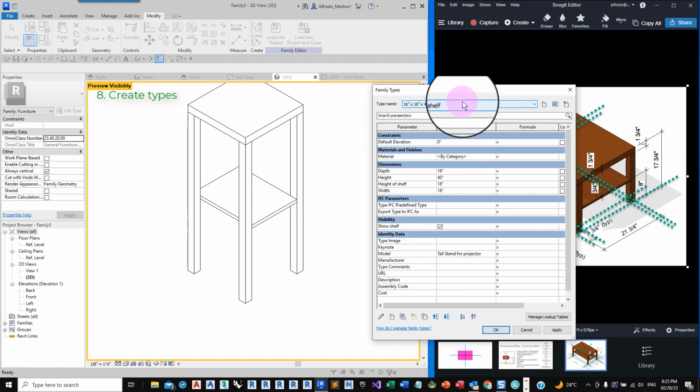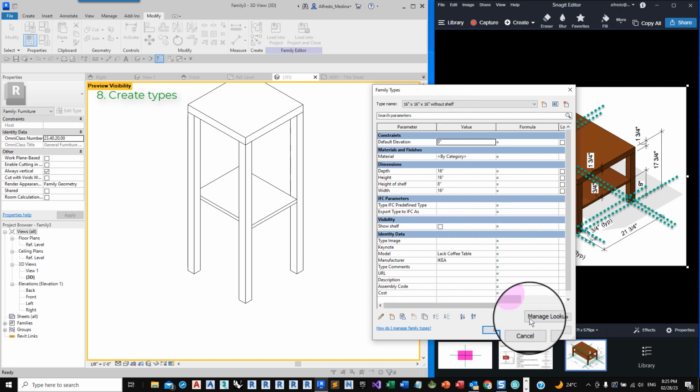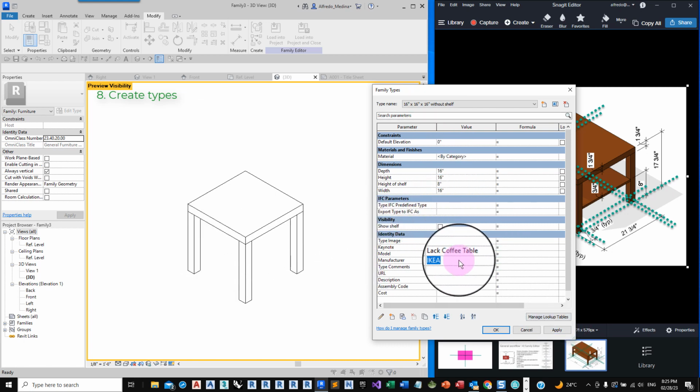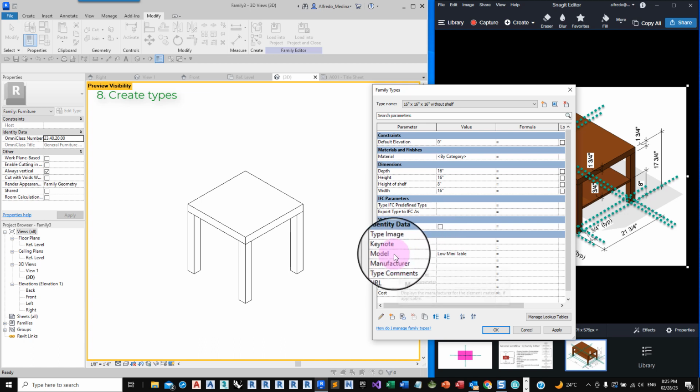And if we go to the other type, this one, and we click apply to see it, we can change these values, the manufacturer and the model number. This is like a low stand or low mini table, anything that is the model number or the description.